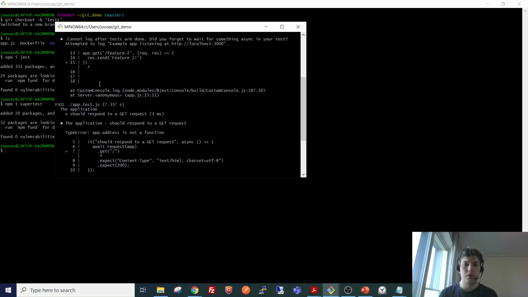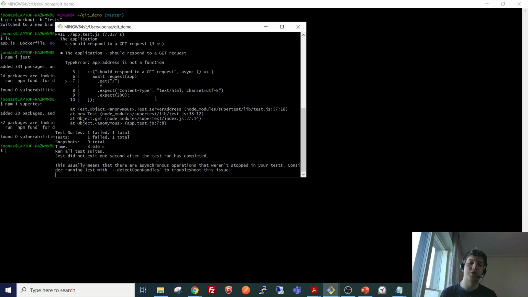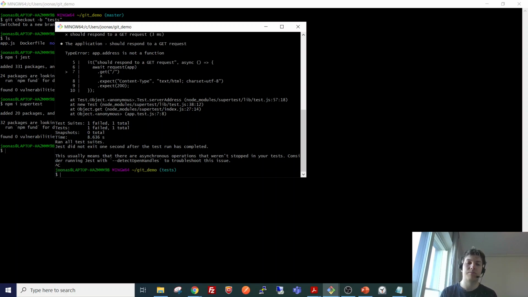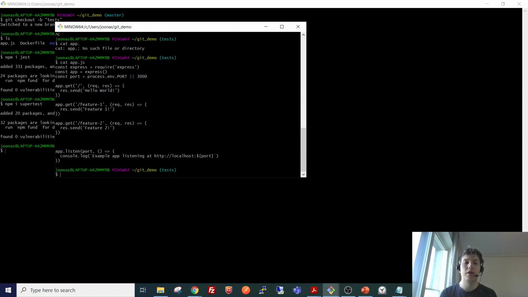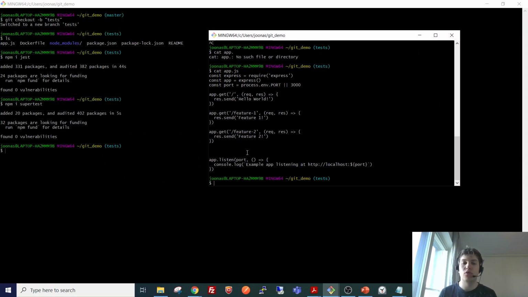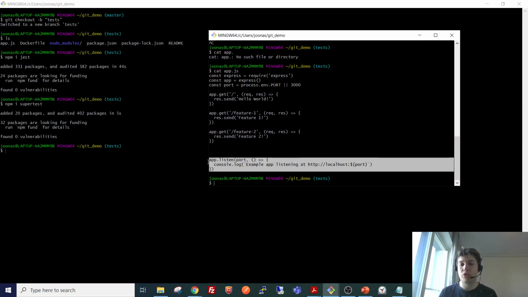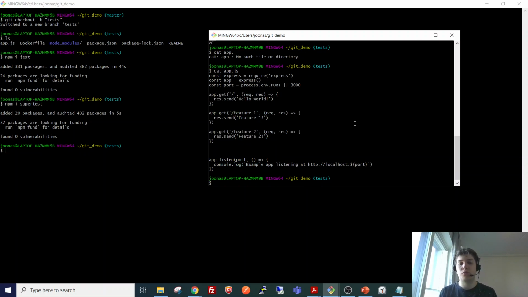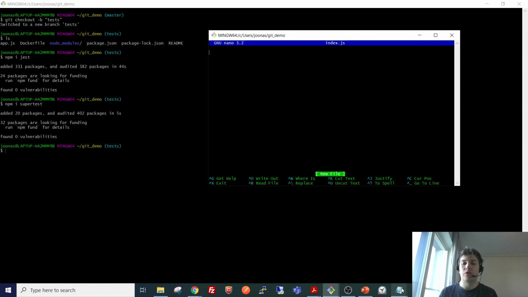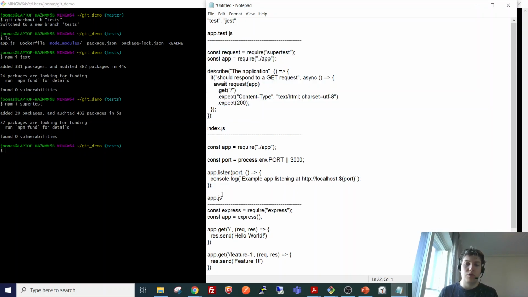Additionally, well, yes, this was expected because we currently have the whole application in this app.js file. And now this creates a problem with Jest, as it cannot sort of quit the application. So we need to separate this app.listen call and the rest of the application into two files. So we are going to make an index.js file. We are going to input there